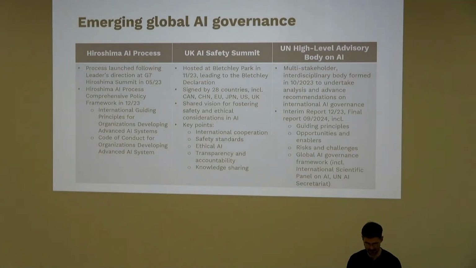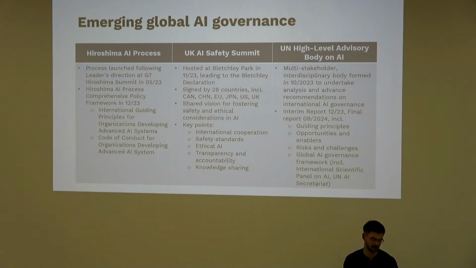Last but not least, we can also see that besides national regulation, global AI governance, other than what's happening at the OECD, is really developing. We can, for example, have a look at the Hiroshima process, which was launched by the G7, where they published an international framework with more guiding principles, but also a code of conduct. Moreover, what's becoming more and more prominent is the discussion around safety, and especially the risks of AI to safety. And here we saw, I think it was in November 23, the Bletchley Declaration